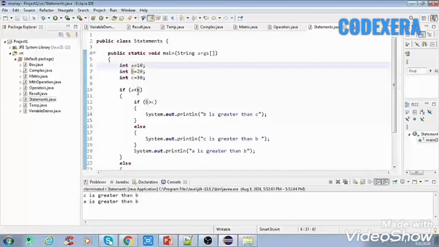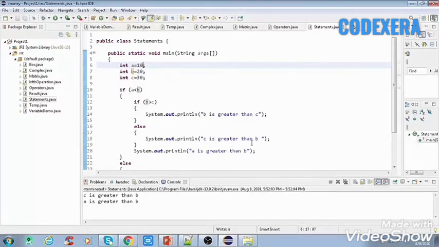It will go in this condition and check whether a is smaller than b or not. So 10 is smaller than 20, so it will go in this block, and here it will check one more condition, that is b is greater than c or not. Here b is not greater than c, so it will go out of this block and go to the else block and execute this.